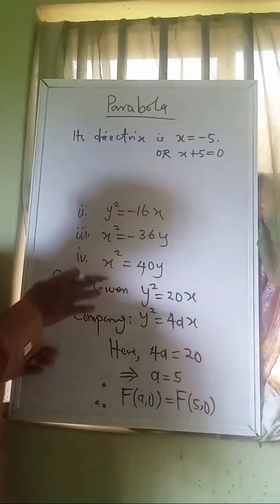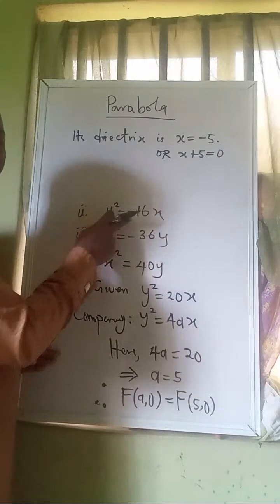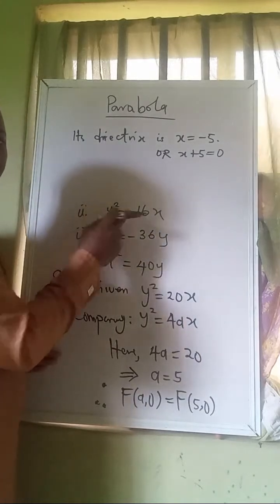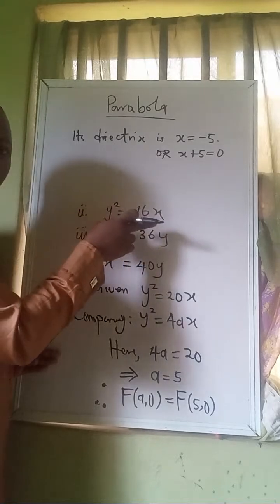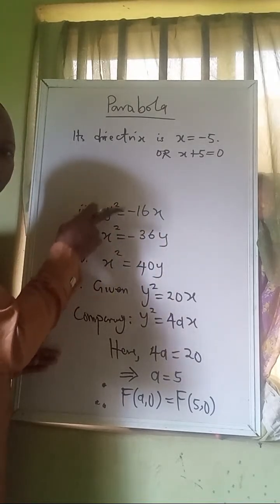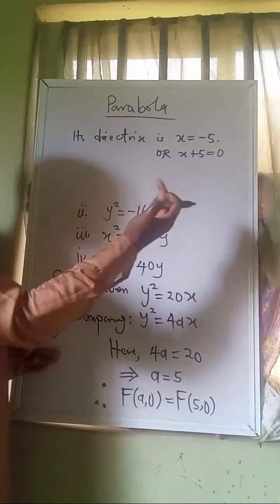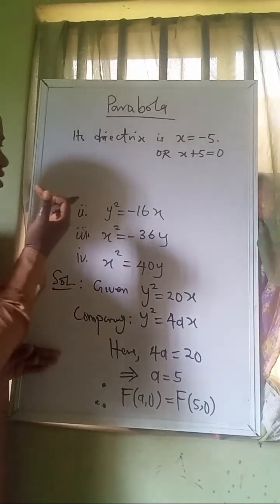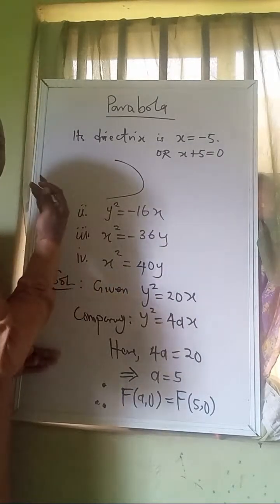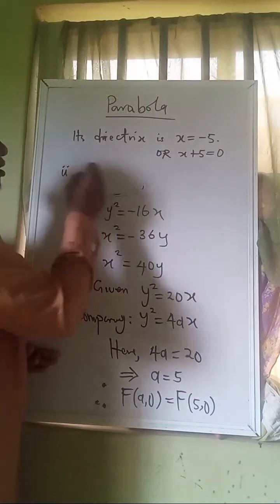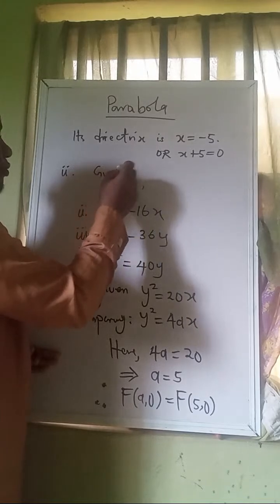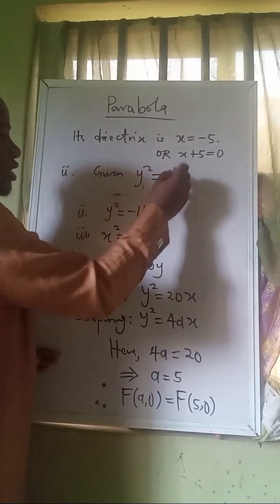Since we're having a negative here, this is the case of a parabola facing towards the side. Here y is depending on x. So this is the case of a parabola facing towards this side, a parabola of this form. So how do we compare this? If you are given y squared equals -16x,